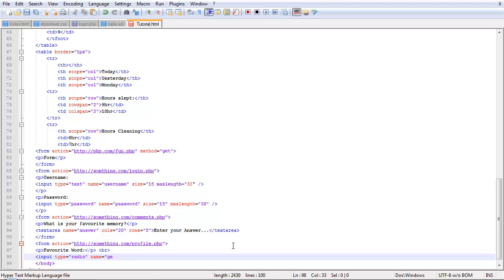Name would be word, and then value will be dog. Checked, and then I'll end that right there and write dog,